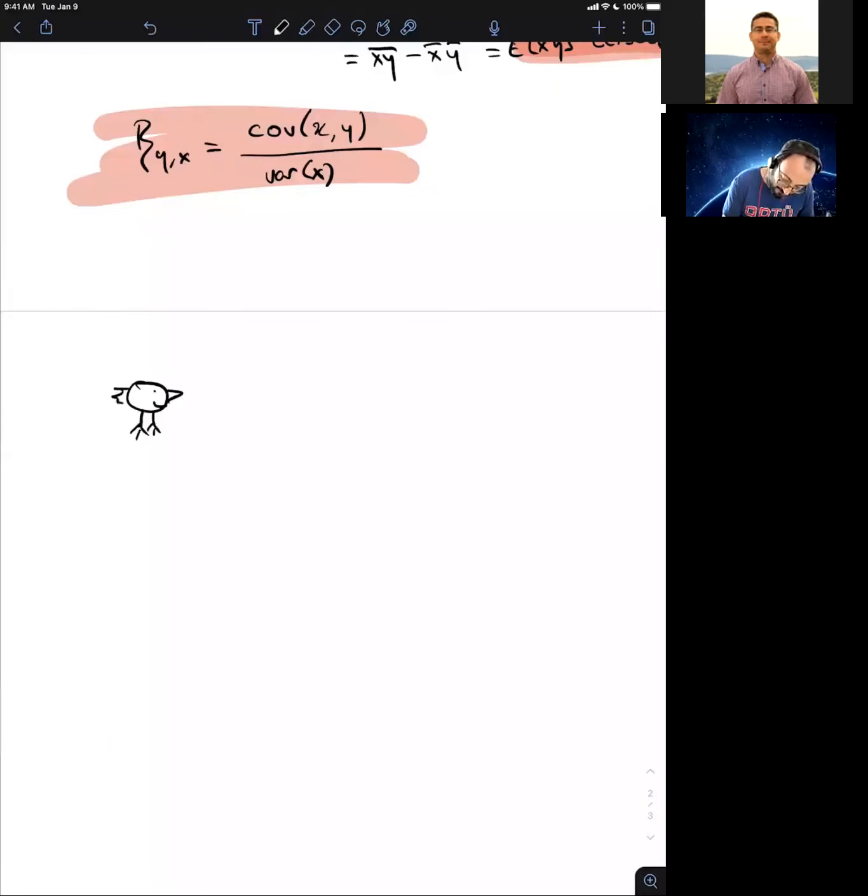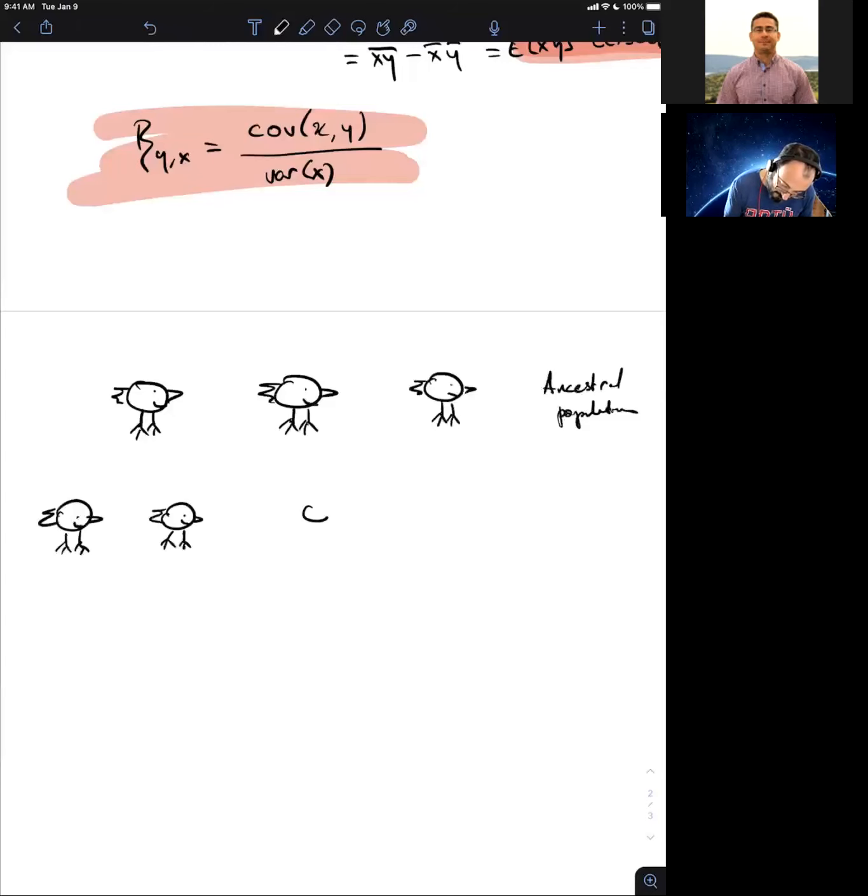These are the theoretician's birds. I don't know what species. Don't ask me. So you have these birds, and I'm going to call this population of birds the ancestral population, or the ancestors. And then I give you another population of birds, and these are little birdies that make up the descendant population. And I'm going to call these ancestors and descendants